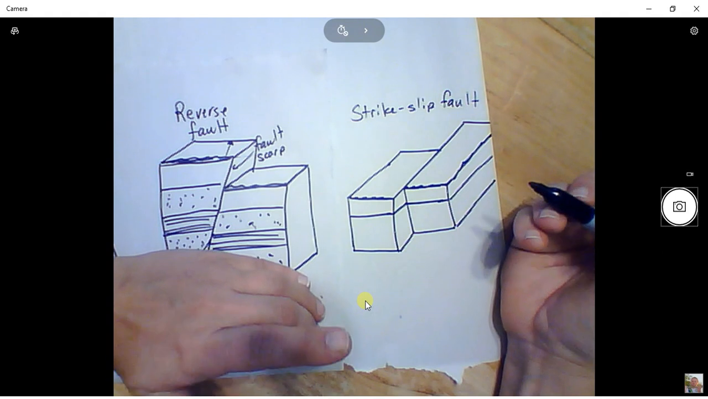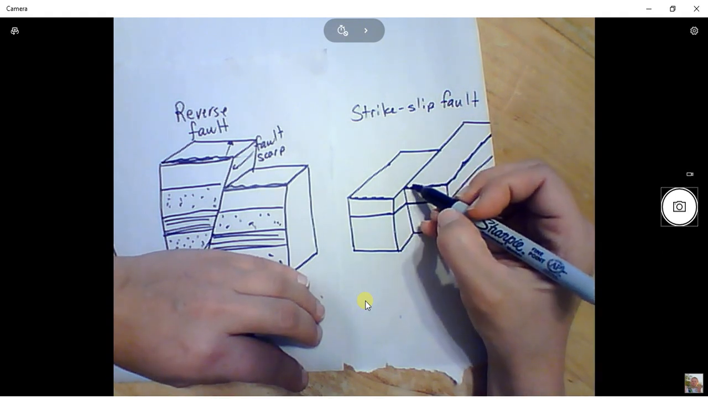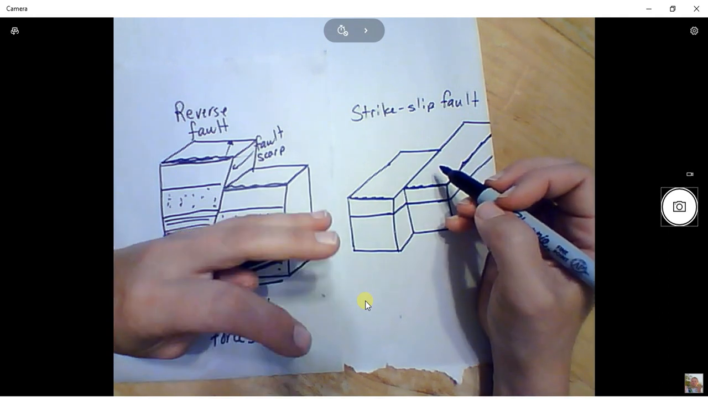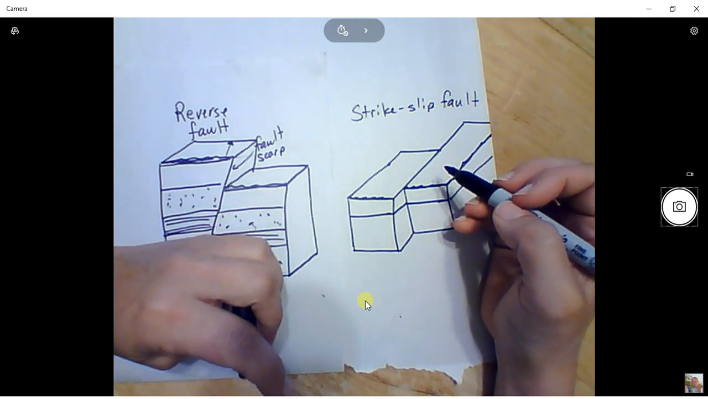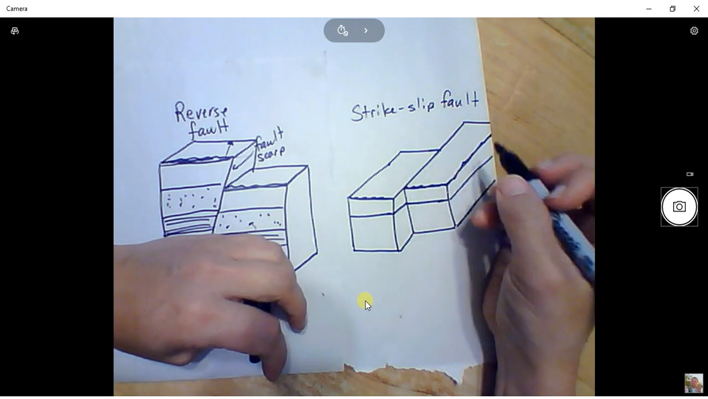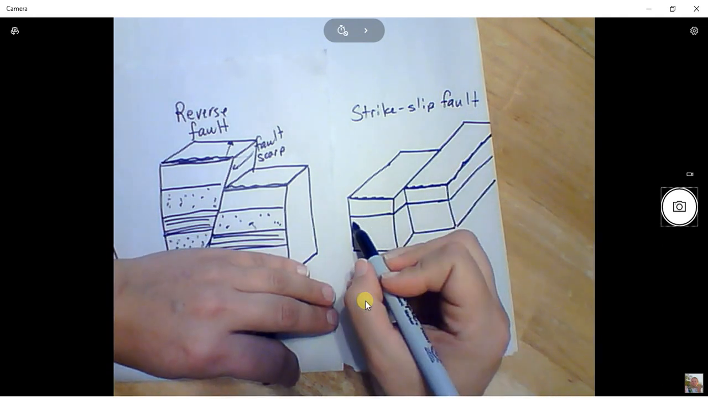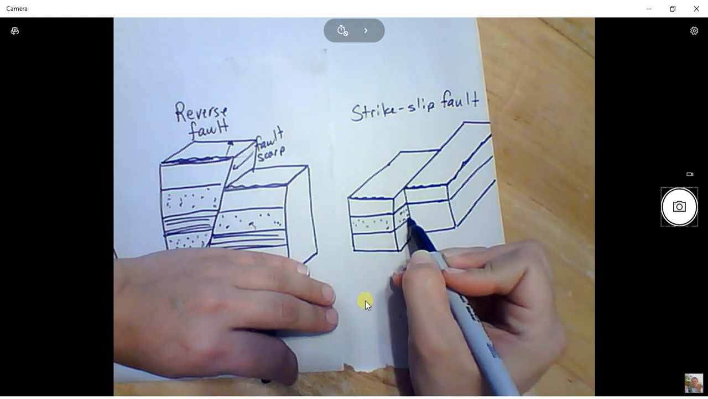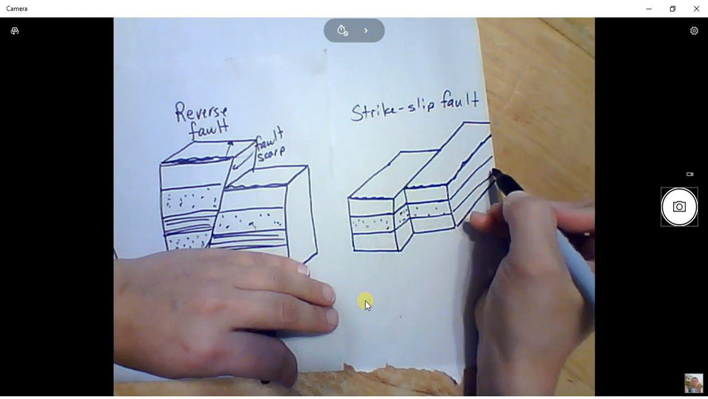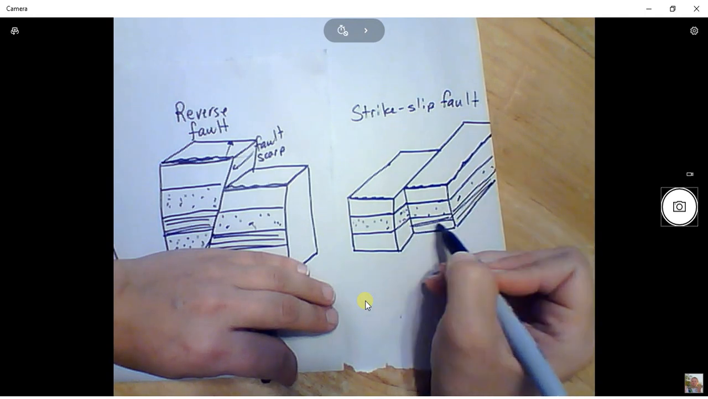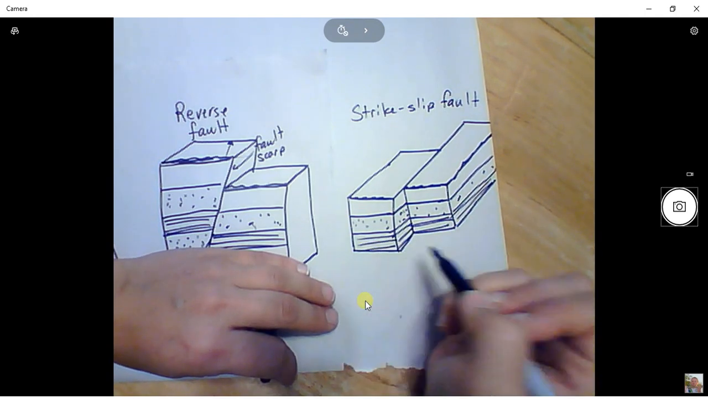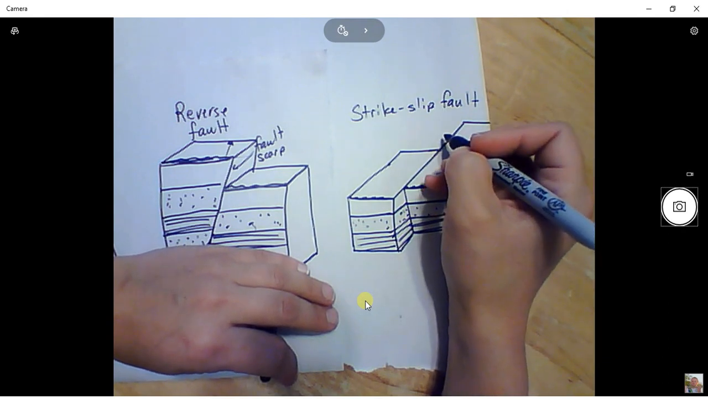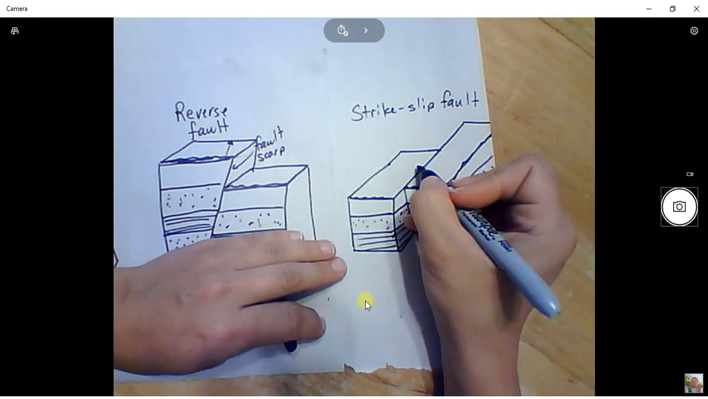If we didn't, we would never see a fault scarp. It would just be strange fence posts where they shouldn't be, or orchards with the trees that are no longer lined up. Here I'm going to imply some rock layers with my dots and my stripies. There we go. All right, now here, because we have forces that are sliding past one another, we're going